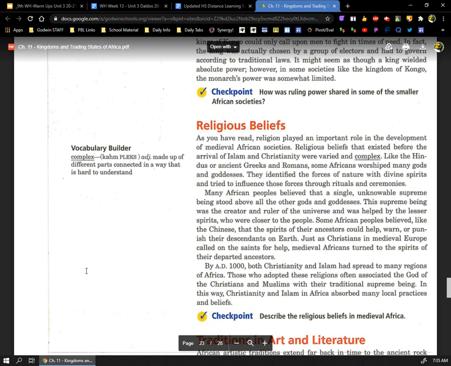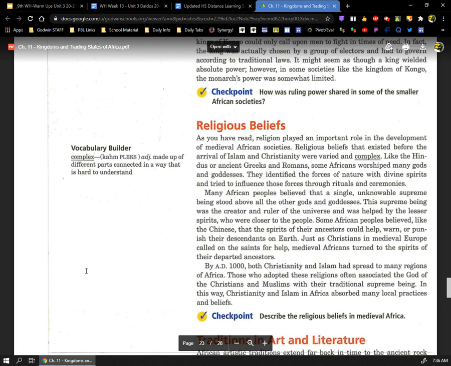Many African peoples believed that a single, unknowable supreme being stood above all other gods and goddesses. This supreme being was the creator and ruler of the universe and was helped by the lesser spirits who were closer to the people. Some African peoples believed, like the Chinese, that the spirits of their ancestors could help, warn, or punish their descendants on earth. Just as Christians in medieval Europe called for the saints for help, medieval Africans turned to the spirits of their